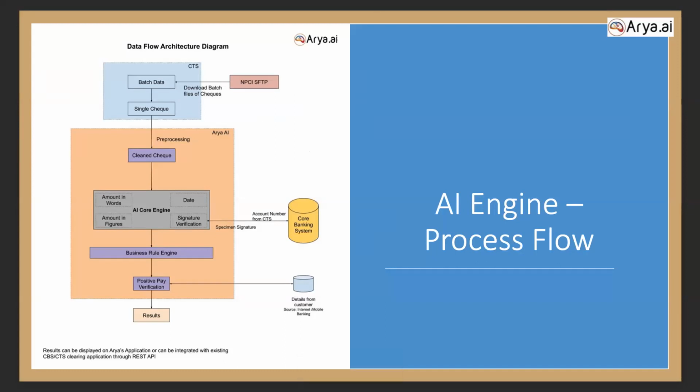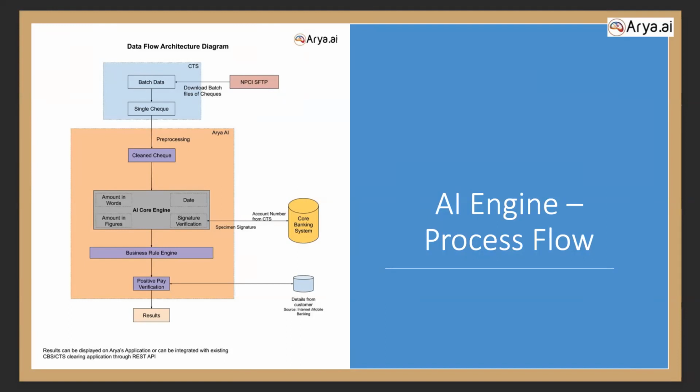The first part is called CTS processing, where we download the checks from the NPCI SFTP folder, and every folder has batch files. A batch file contains 250 check images. These 250 check images also have a lot of corresponding XML files. One check has an XML file record saying this is the MICR, and the check amount is so and so. Let's take an example: one.jpg is one particular check, and one.xml has all the records of that one.jpg, like MICR, amount value, and the date value, the date of presenting also.